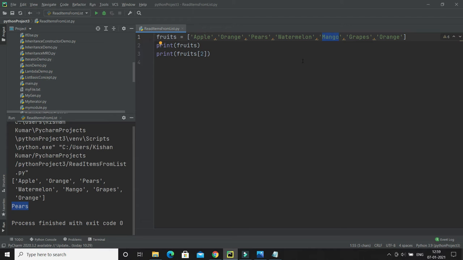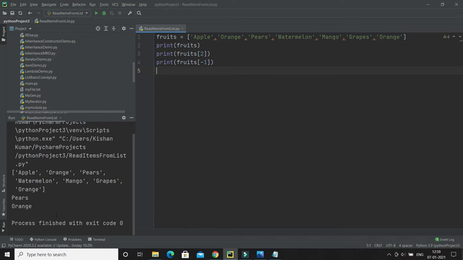Let's say I would like to retrieve the last element. This is also possible using a negative index. If I give -1, it will bring the last item from the list. Let me show you. Here you can see I could get the last item using a negative index.